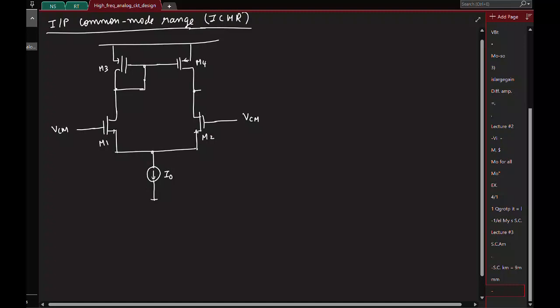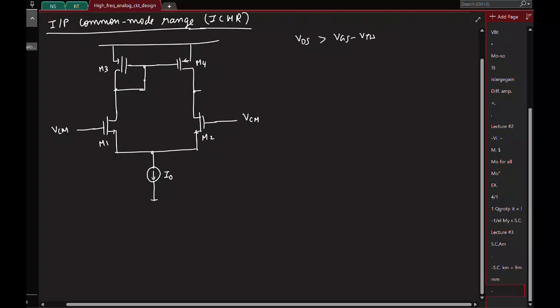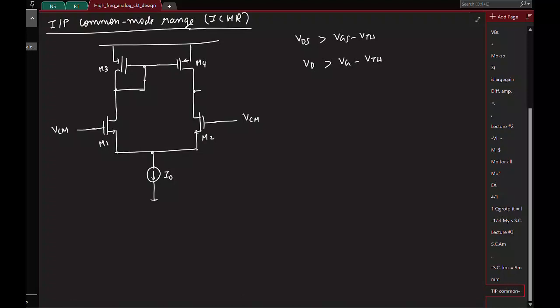Okay, so first, by the way, before we go into this calculation, for an NMOS transistor, what is the condition for it to be in saturation? Yeah, I think everyone is saying this, so I'll write it. Is that fine? Great. So which means I can say the drain voltage is greater than VG minus VTH, because this is basically this, right? So this is for NMOS, and similarly for PMOS,